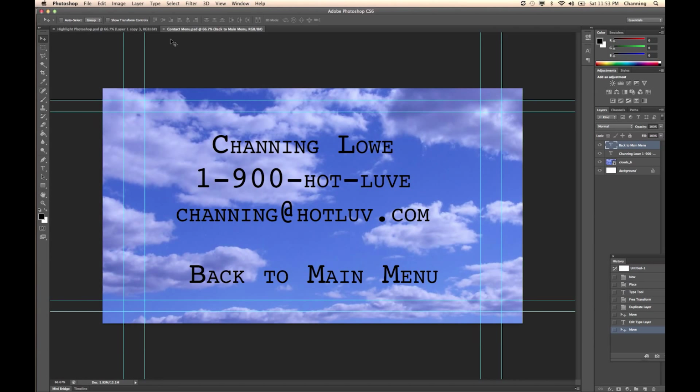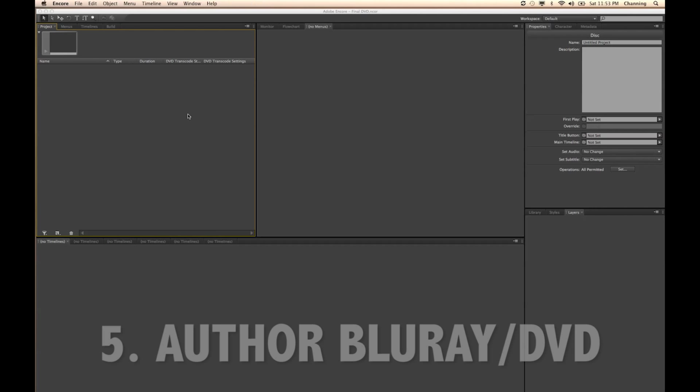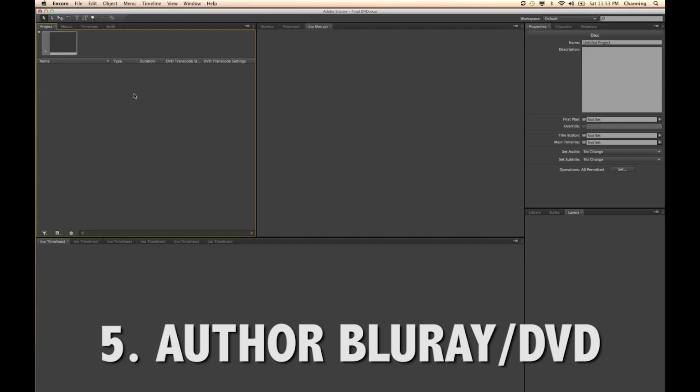And there's my still contact menu there. I'll close out of Photoshop. Now I have all my assets I need for Encore. So the items you're going to need will be your motion menu, your still contact menu, and your 4 video